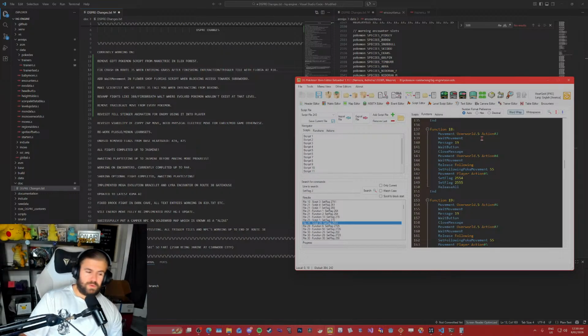I've got a wait movement on all of them though, so why does it, when you go to a different trigger tile, is it because she hasn't gotten all the way back to the end or something? No, you have to have a wait movement after these or something.